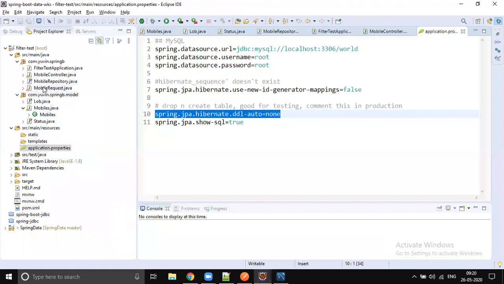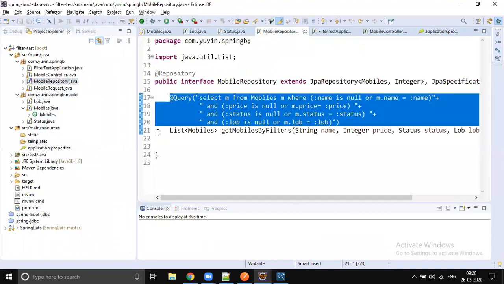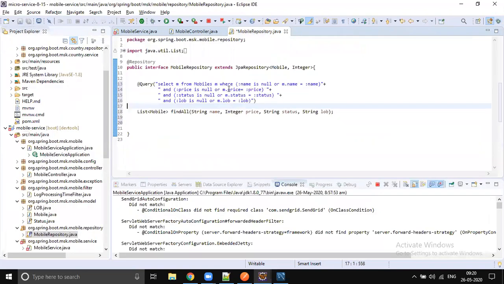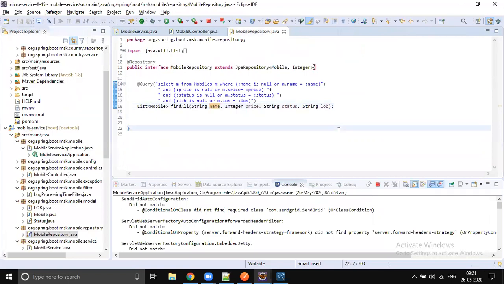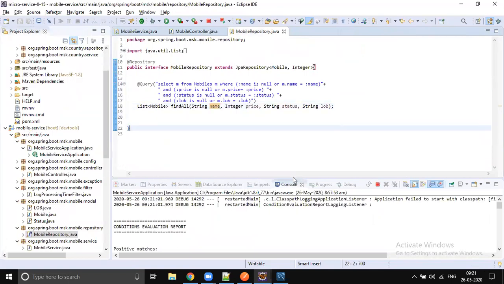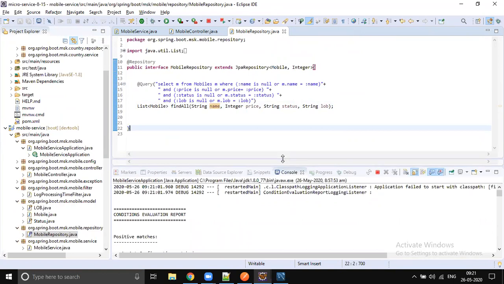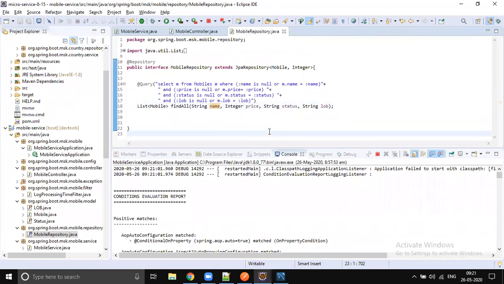Let's go to the mobile repository, copy that query snippet, and put it here. Make sure the parameters are matching: name, price, status, LOB. Just do the import of @Query. So our single get mobiles method can handle all these filters, right?